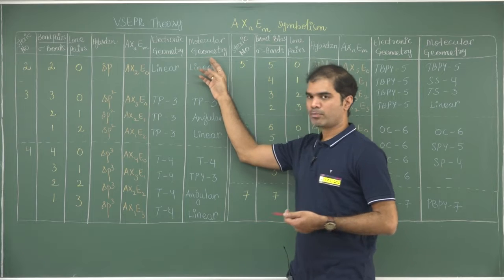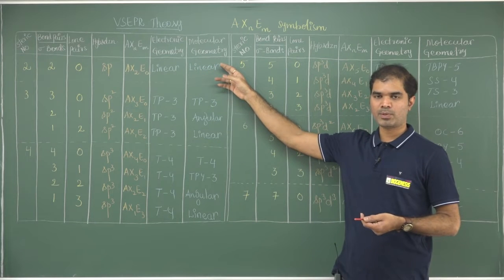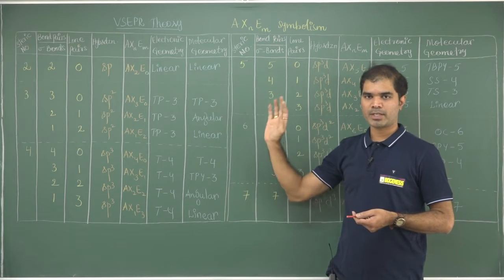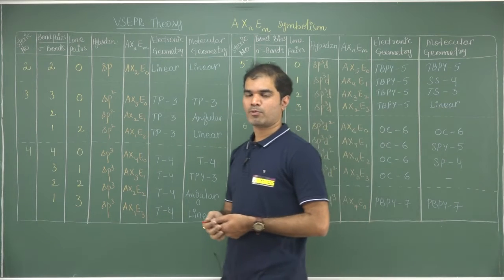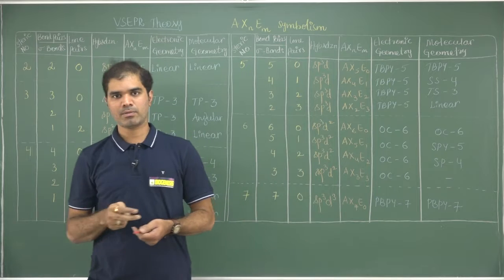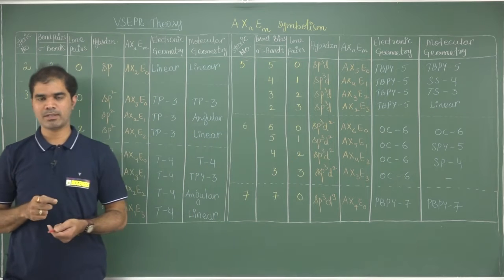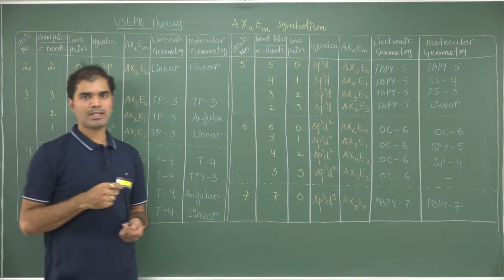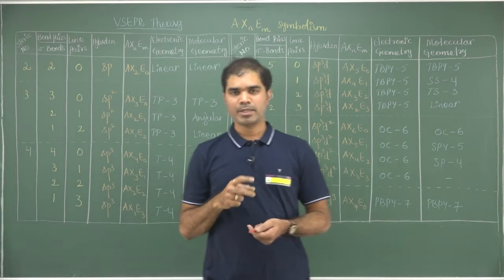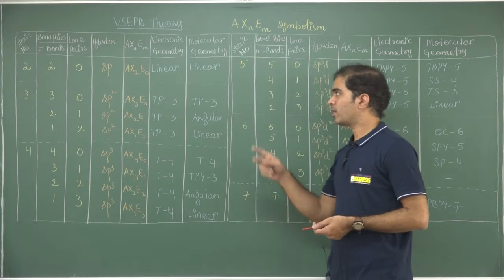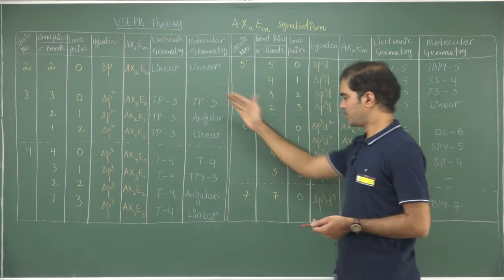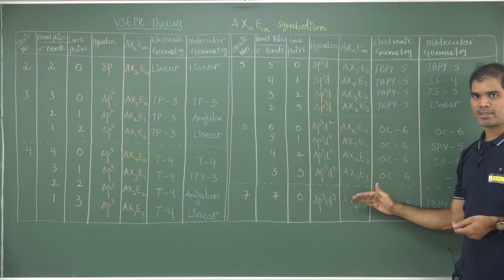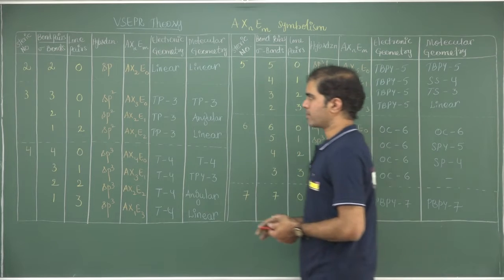When I ask about molecular geometry, we have to define only the bond pairs. You just forget about the lone pairs. For example, if I ask what is the structure of the water molecule, we simply say it is angular or bent. We do not say it is tetrahedral. Tetrahedral is the electronic geometry, but angular, V-shape or bent is called the molecular geometry. So we have started with 2 and we have ended at 7. Let me briefly explain these things.